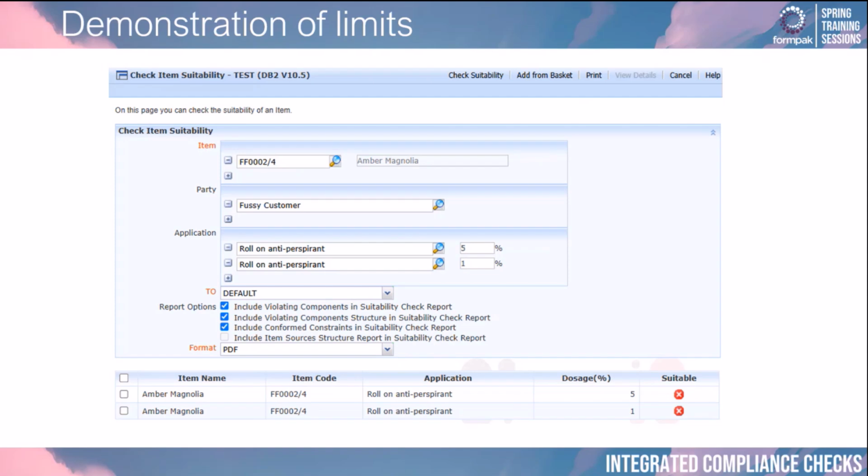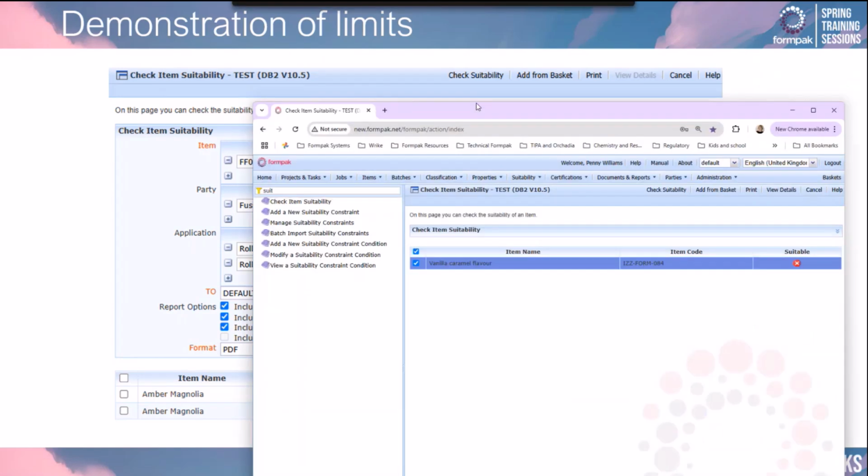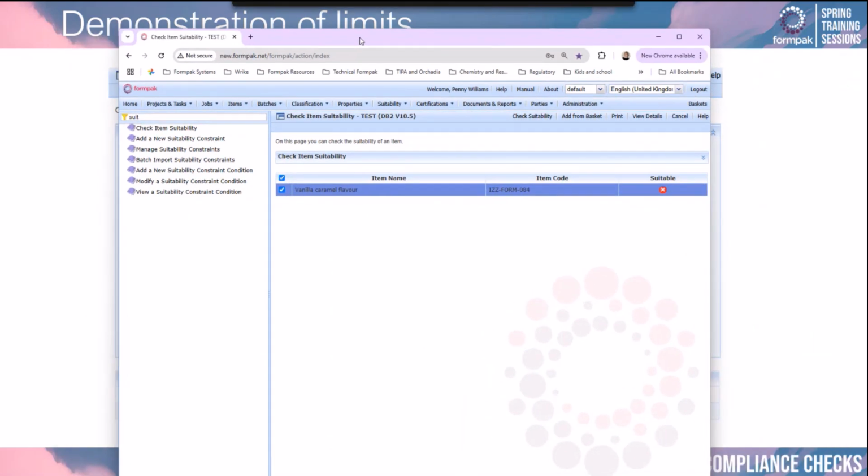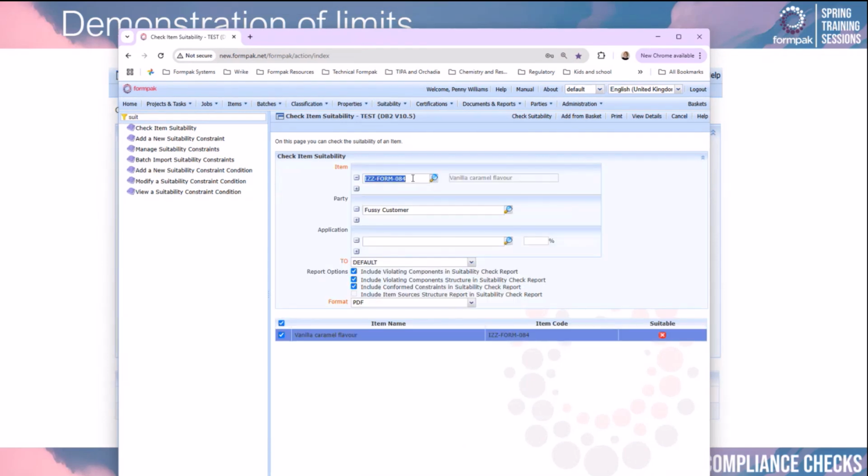This is an example we're going to look at, and it's now a fragrance example. It's the same customer, with a different formulation and different applications, and we're going to use the same settings with those report options as our initial view. Back to our suitability checking screen. Our formulation, you can put it in with the name or the code, as you know, and we're going to go